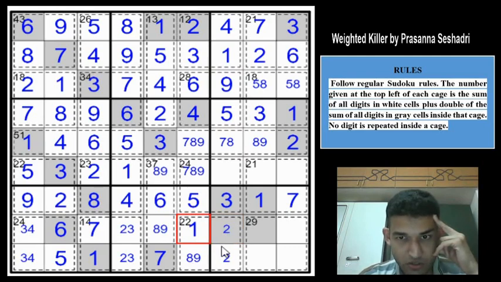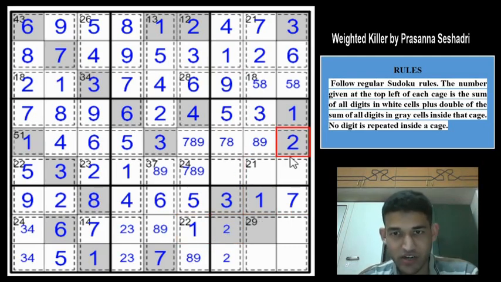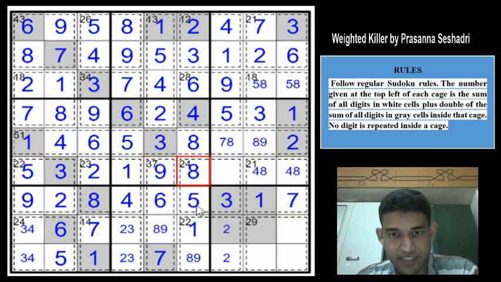So let us look for some other, this cage, look at this cage. If you have 1 here, this becomes 2, 2 plus 7 is 9, and we need 12 from these 2 cells without the 7. So 12 can be 3 9, 3 9 is not possible, 5 7 is not possible, this would have to be 4 8. Beautiful. So that gives an 8 in box 5, a 9 here, a 7 here, and this 8 gives a 9 here and an 8 here. Superb. And now this 8 can be removed to place the 9 here, this will be a 7 now, and this has to be a 6, right?